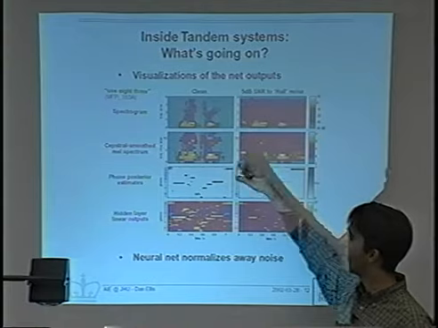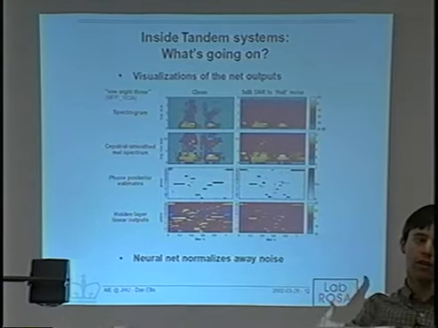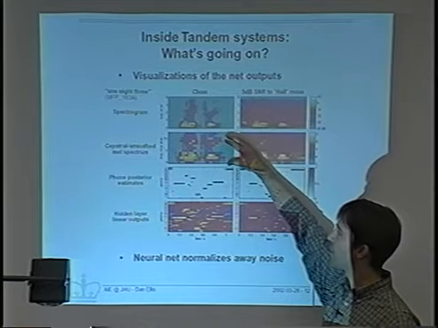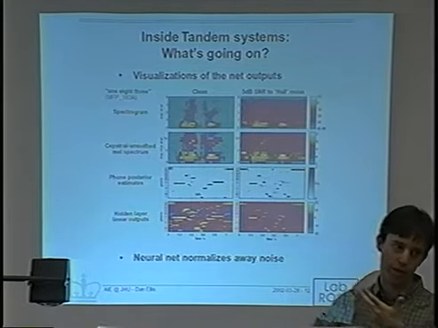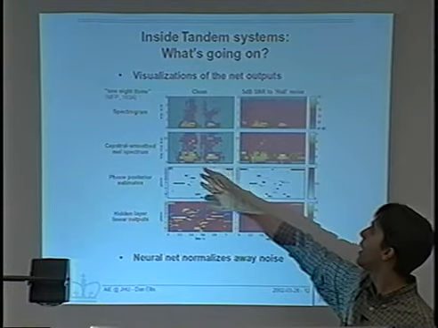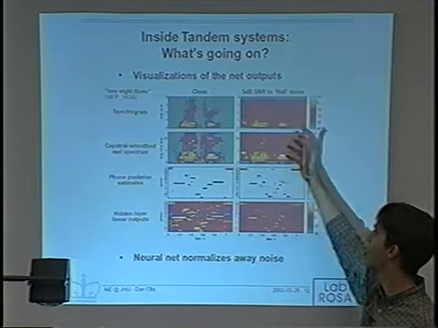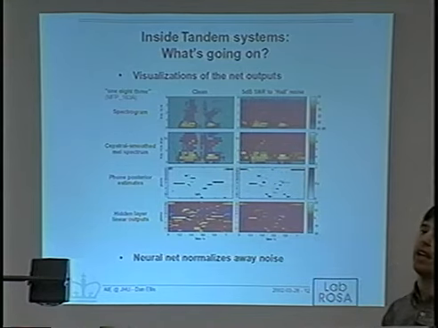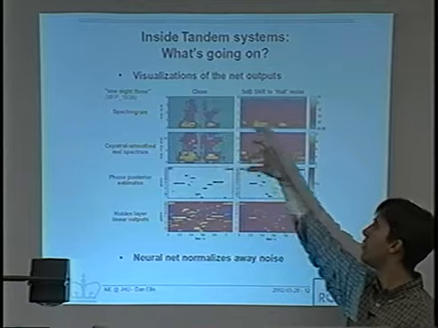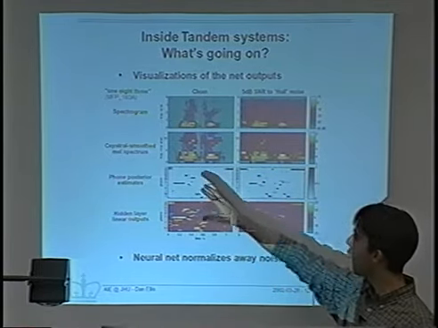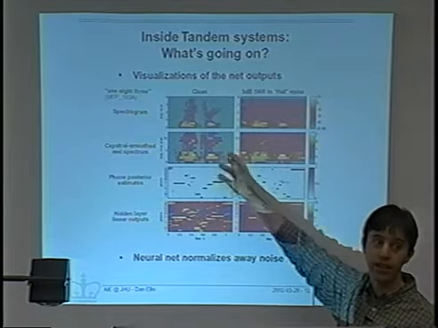The information that would be passed to the normal HTK recognizer is basically this. This is the MEL spectrum before we do the cepstral transformation. So this is kind of what happens when you do MEL smoothing. And you can see that there's a pretty large difference between these two. And so the HTK model, the GMM model, would have to learn that both of these correspond to the same set of speech sounds.